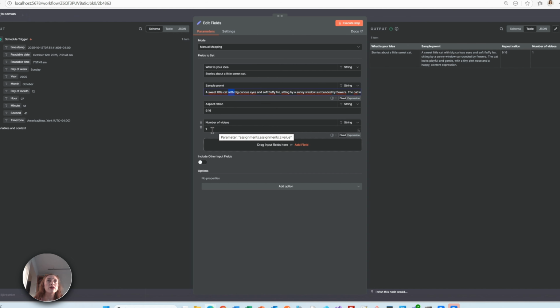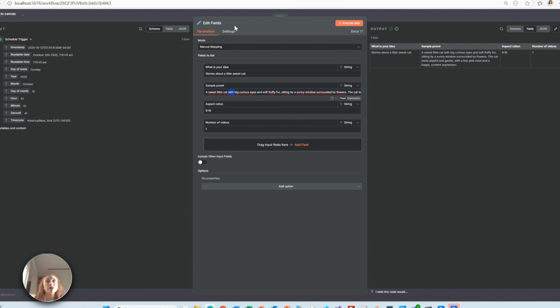And also, you can see that as with any other action or module in n8n, we have an input section and an output section. The input section is everything that we get from the action that was before edit fields. That was the schedule trigger for us, and we can see that it was scheduled on the 12th of October. You can see the time, and then you can see, for example, the day of the week. It was Sunday, and the year,